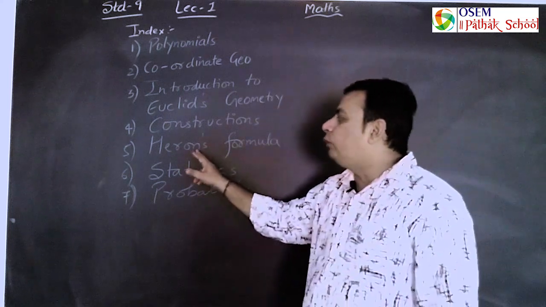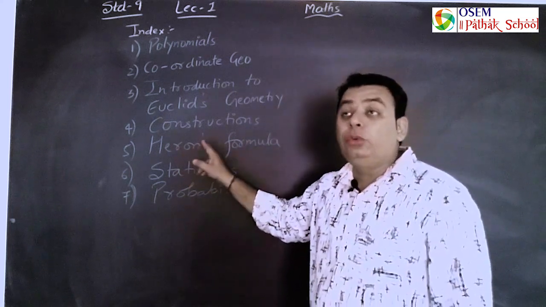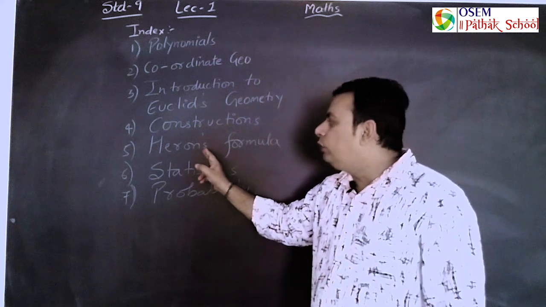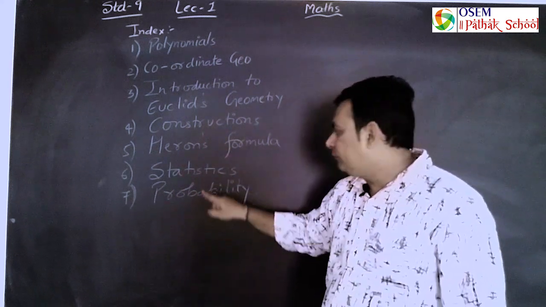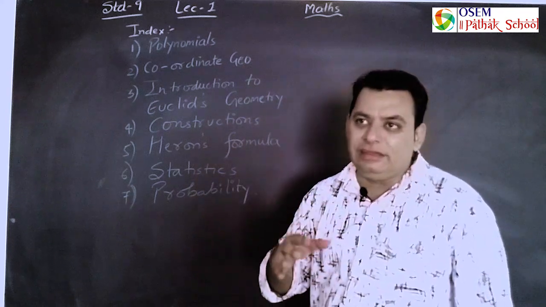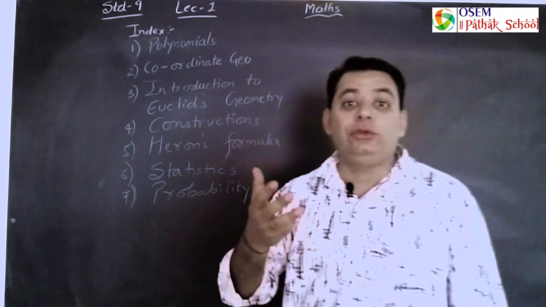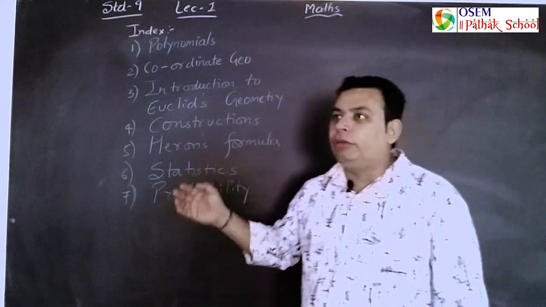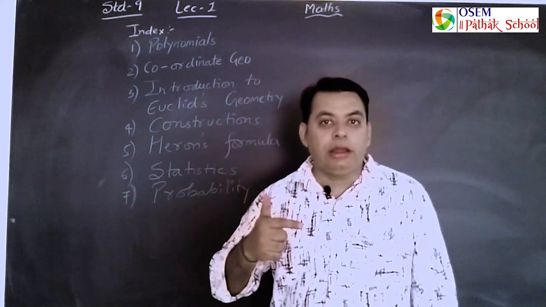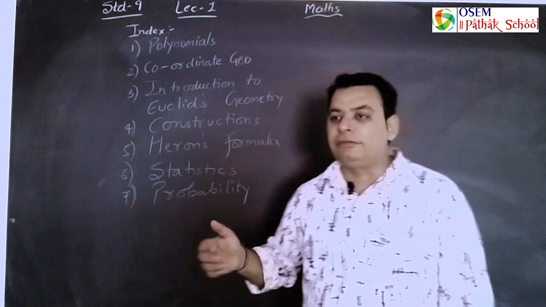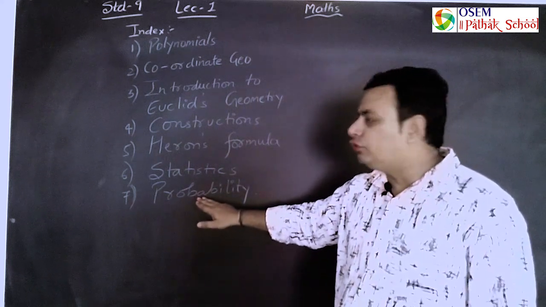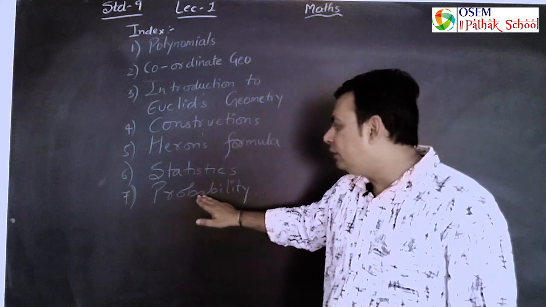Then it is Heron's formula, another of the greatest mathematicians who derived Heron's formula, and in these lectures we will start this one chapter only. Statistics, one of the easiest and most interesting chapters that you will study. Here you can read about grouped data, ungrouped data, mean, then classifications, tally marks. You will read about these things. And in the last class, standard 8, you have read